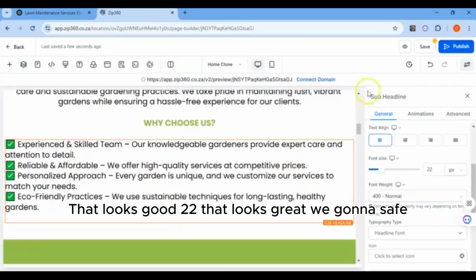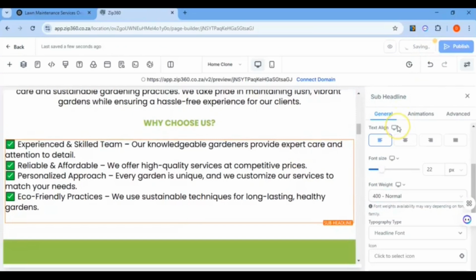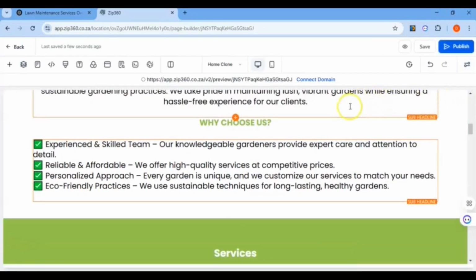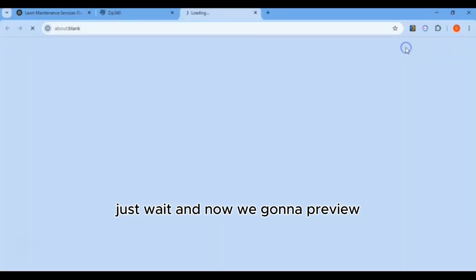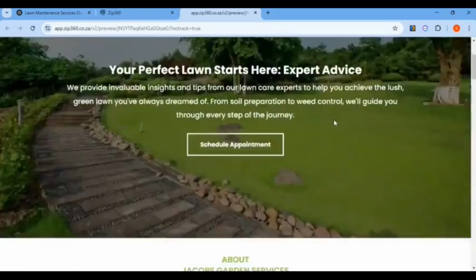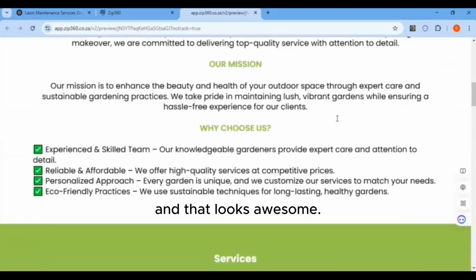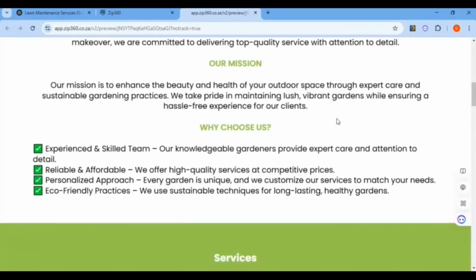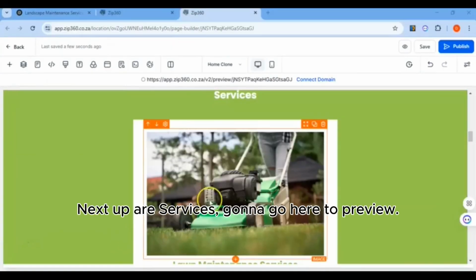That looks great. And we're going to save. Just wait, and now we're going to preview. And that looks awesome. Next up are services.